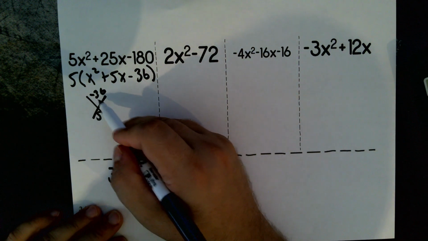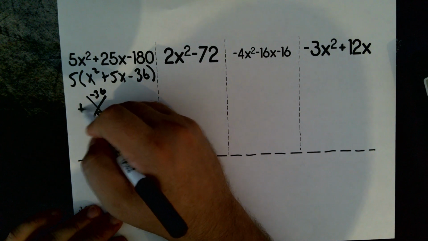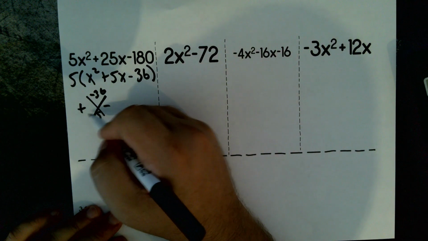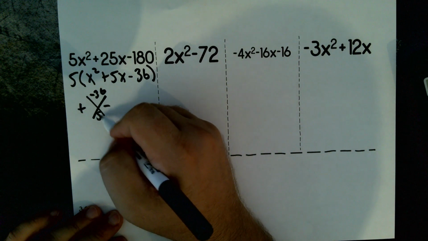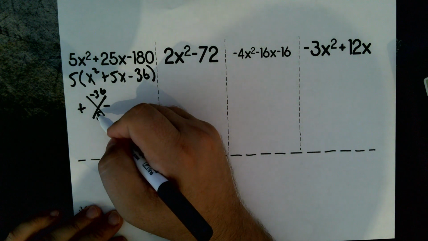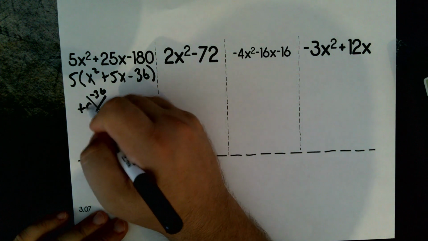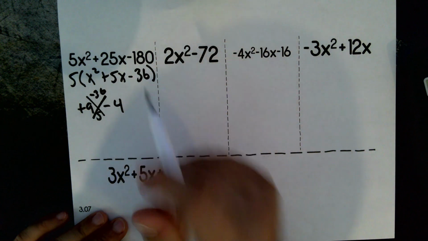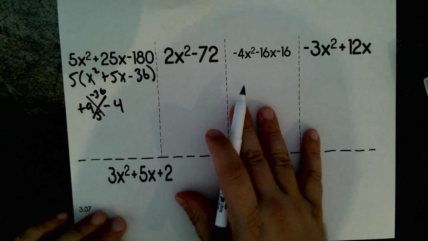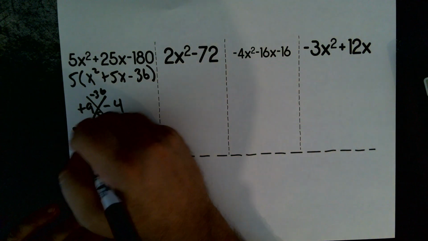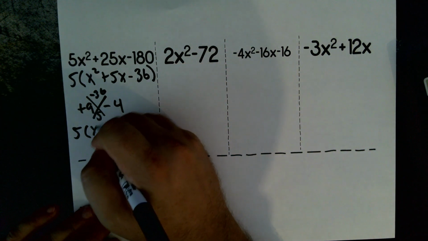What can we multiply to get a negative number? That's a positive and a negative. And the positive needs to be 5 bigger than the negative because 5 is going to win. And so the two numbers that work here are 9 and 4. And it's going to be a positive 9 and a negative 4. So we can finally write out this equation. 5 times that plus 9 means x plus 9